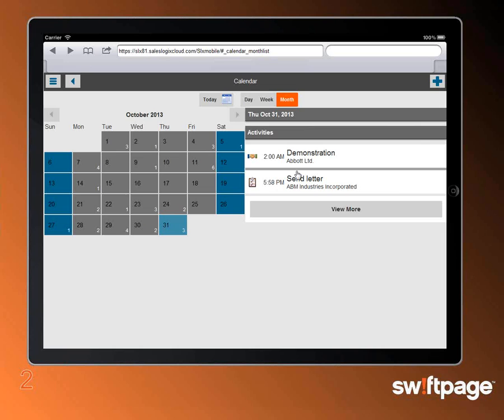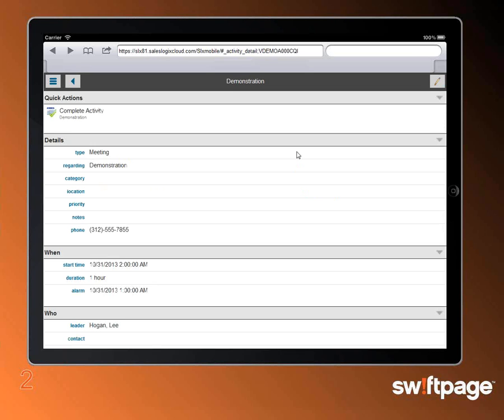So again, from the calendar, I can go look at, see, I've got a 2 o'clock appointment today. I can see where it's at. I can see maybe if there were more notes down here, I could see the things that I need to do or be prepared for that. And some of the other things that are available too, if I was using this on my iPhone or on my Android telephone, this option right here, the phone number, would become clickable. Right, meaning I could tap on that, it would make use of the device that I happen to be on, so it would make the phone call for me right away. Right, so I could actually reach out without having to pull out my dialer and then dial in 312-555-7855. It would dial the number for me. So making use of the features and functionalities that are actually on the device.